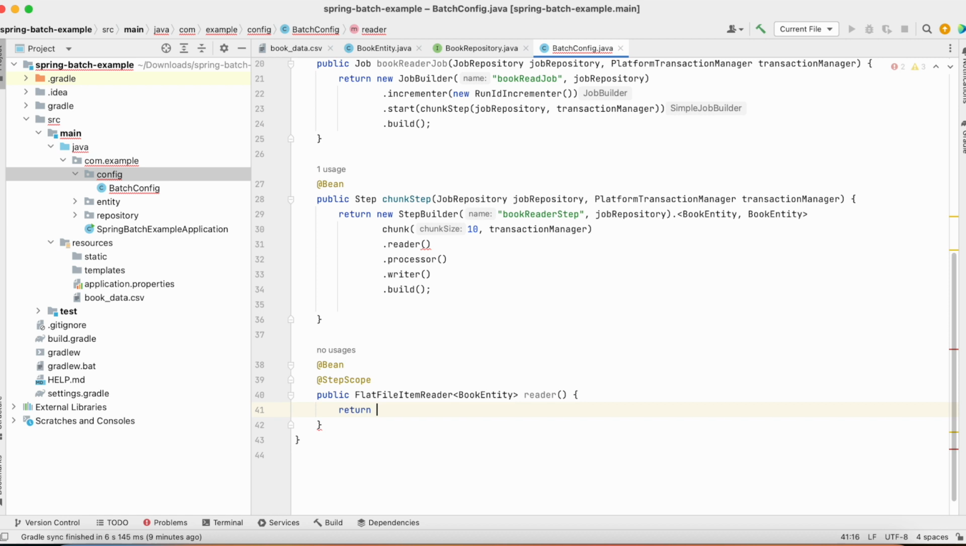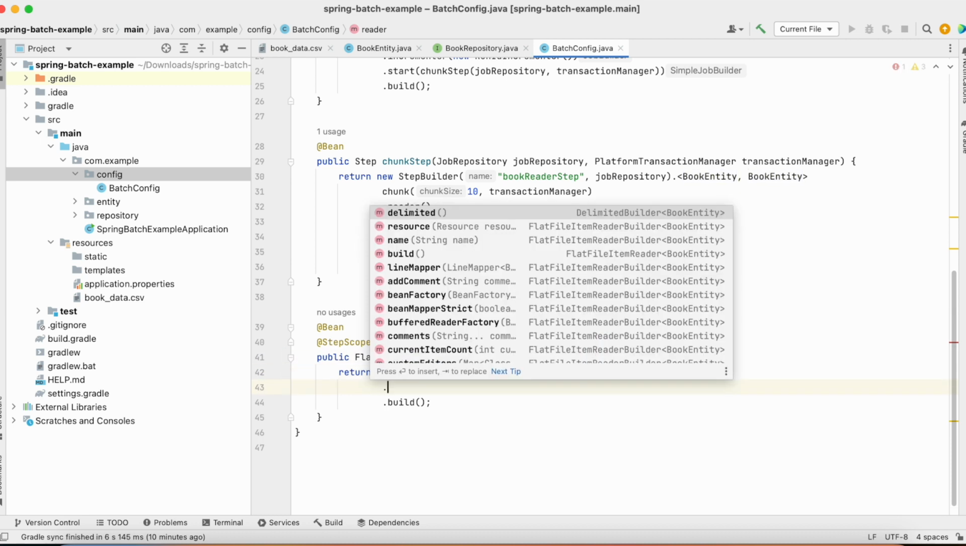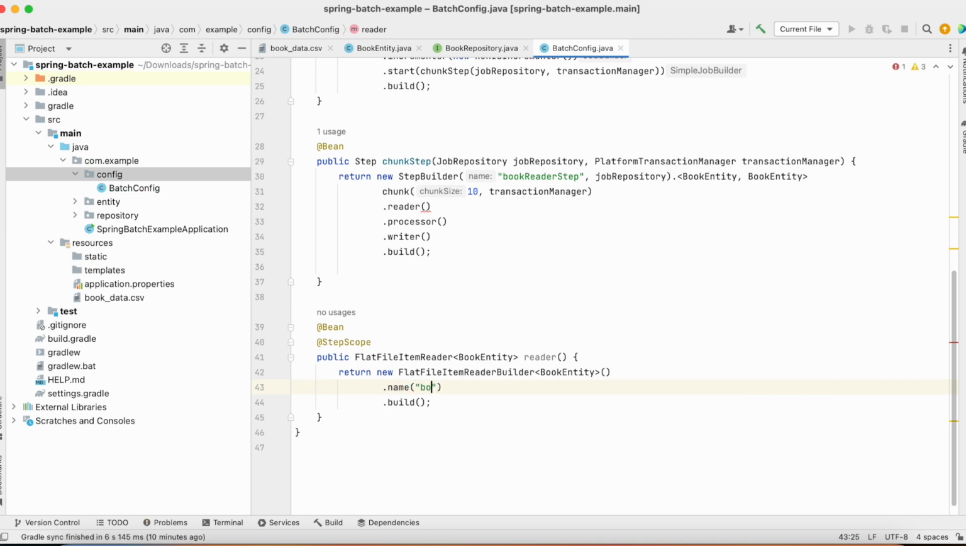Let me add return new and copy paste this builder. Okay, and let me call build. We need to specify some parameters to our builder so we can set it up, and Spring Batch will take this configuration from the flat file item reader builder and will execute the read process. Okay, first of all, let's specify our entity. We say this is book entity. Okay, and let's specify a name for our reader. Let's specify name as book reader,